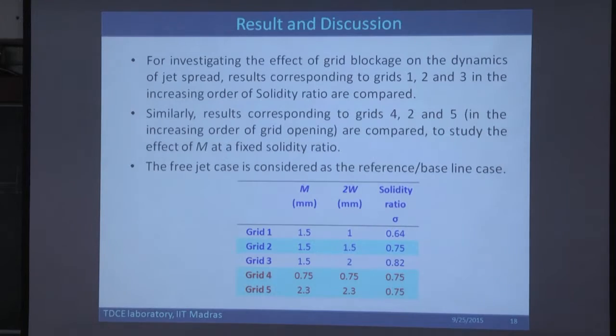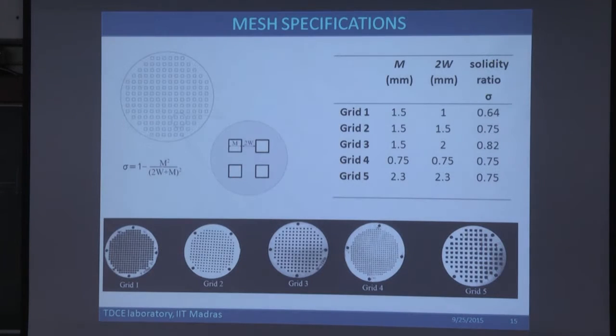So we use the same setup I described in the morning to obtain the u component and the v component velocities, and we varied the solidity ratio as well as the length and width of the grids. So in a grid you could see that this m and 2w has been varied, so that the solidity ratio is nothing but the blockage, how much portion of your jet is actually blocked. If the solidity ratio is 1, then the jet is completely blocked and there is no flow out, but if the solidity ratio is 0.5, then half of the initial jet area is being blocked.